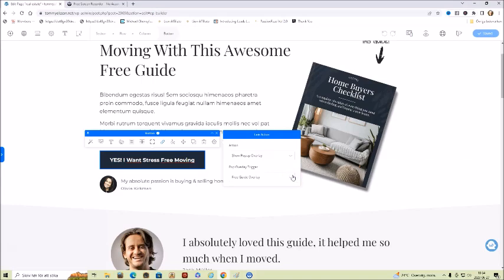You can choose to have none of that overlay.